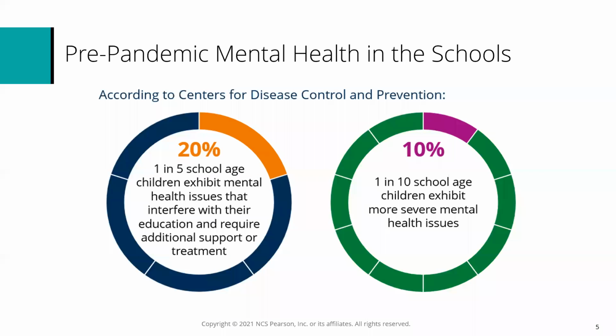I'd like to emphasize a few statistics based on CDC data related to children aged 3 to 17. So 7.4%, or approximately 4.5 million, have a diagnosed behavior problem. 7.1%, or approximately 4.4 million, have diagnosed anxiety. And 3.2%, or approximately 1.9 million children, have diagnosed depression.